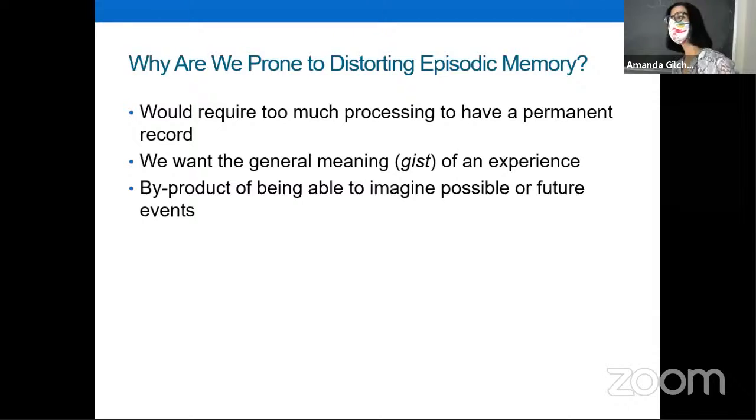And frankly, let's be honest, do you need a picture perfect record of what you ate for breakfast this morning? I don't. You probably don't either. That is a very trivial thing. And I think most of us recognize that, save for some very big life events, most of the things that we do each day are trivial. It's too much for your brain to handle to have a permanent record of every possible event that you've ever